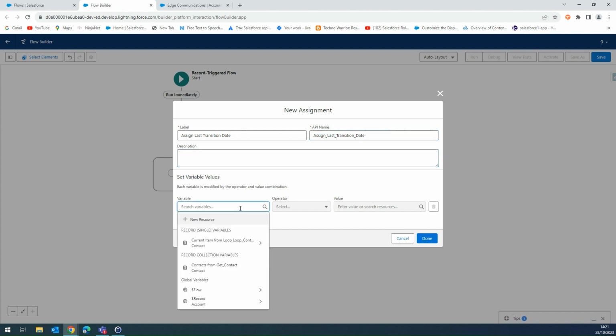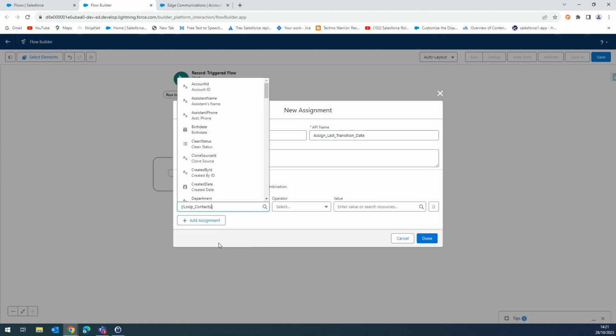And what you want to do here is look for where it says loop variable. So this is the record that is going round in the loop. So we pick that, and then you pick the field that you want to update: last transaction date